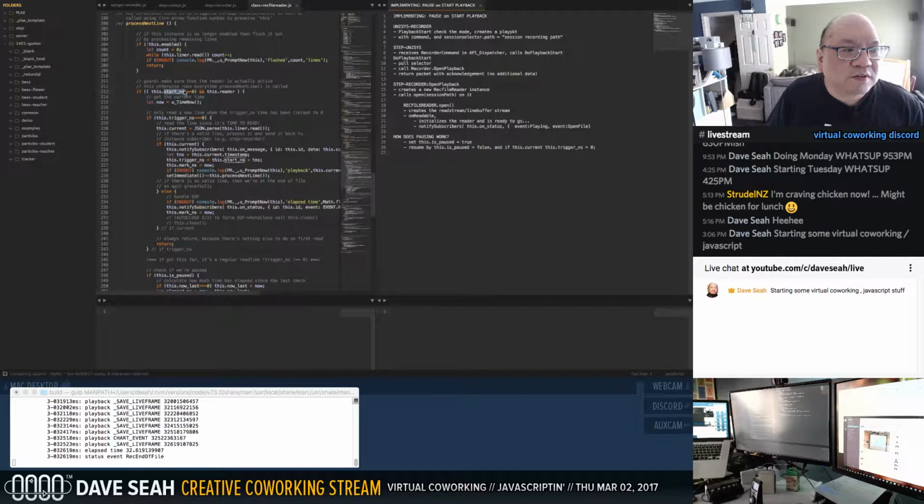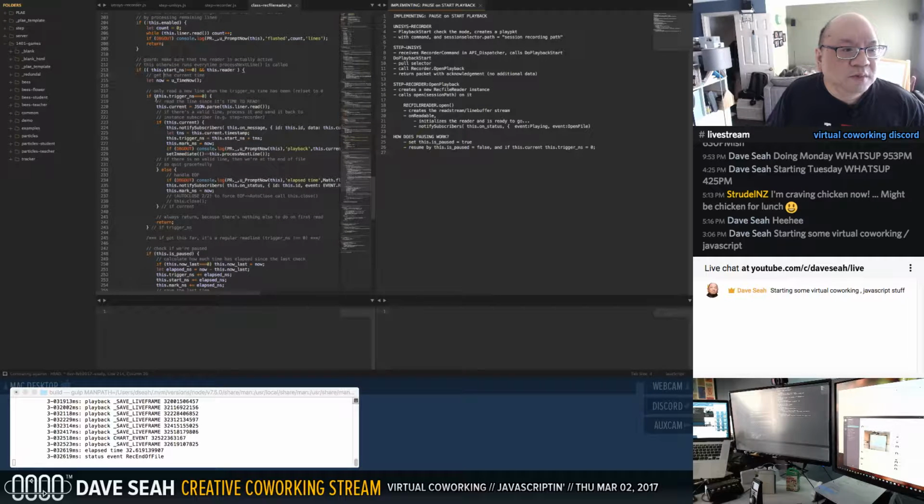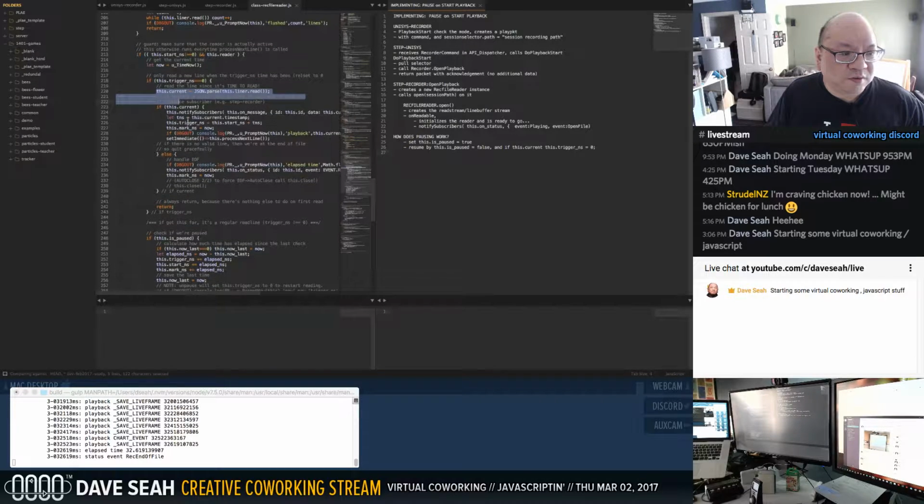Make sure that's active. It's only active if there is a start ns time, ns in nanoseconds, and if there's a valid reader instance. And the next trigger time, if it hasn't been set, set to 0. If the trigger ns is 0, that's the symbol for it to read the next line. If it's not 0,